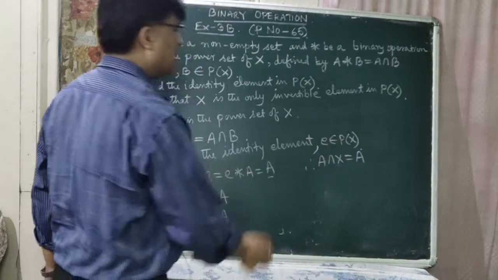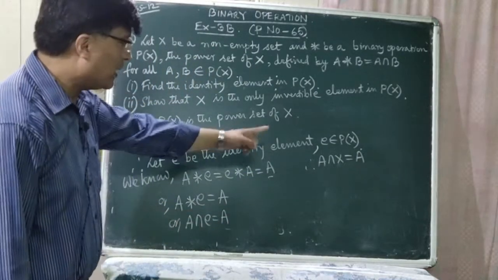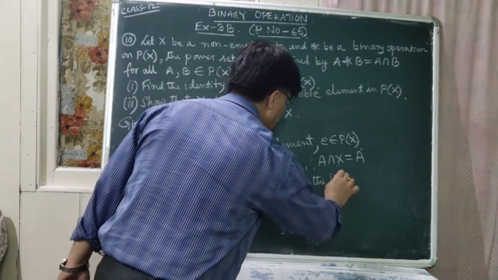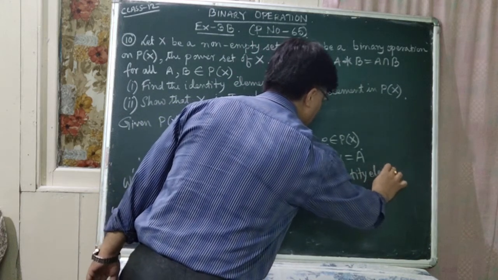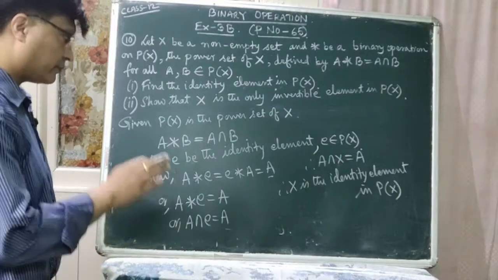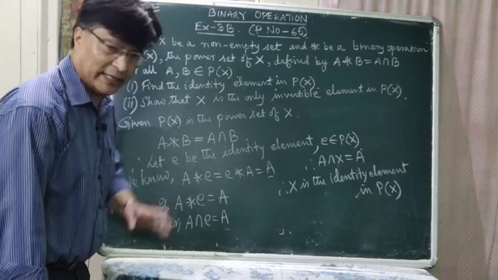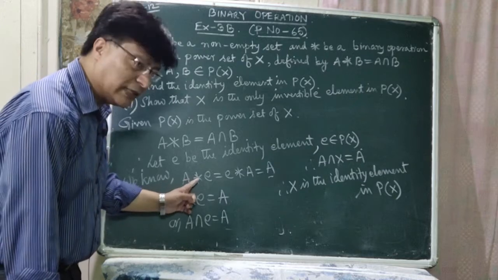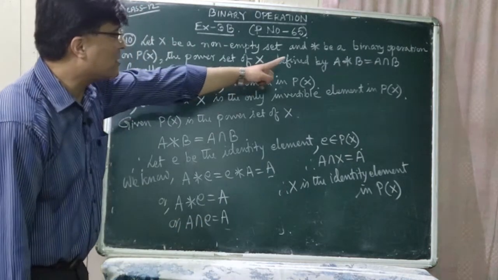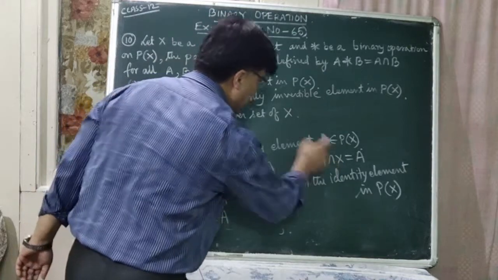So now, which is the identity element here? Since A intersection X is equal to A, X is the value for E. So X is the identity element in P of X. Therefore, X is the identity element in P of X. In this case, A star E is equal to E star A is equal to A, right? So either you can equate the first to the last or the second to the last. That is A star E is equal to A. So it is defined as what? A star B is equal to A intersection B. So it is A intersection E is equal to A. So if you write X instead of E, then